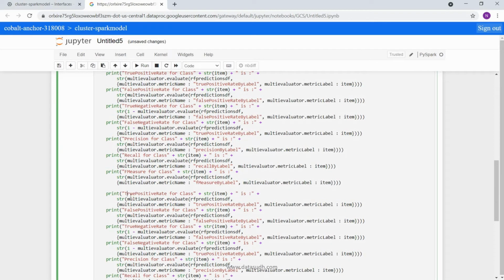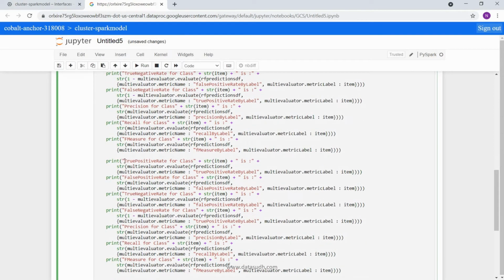Now we will be calculating weighted true positive rate, and that will be calculated from metric name weighted true positive rate. Similarly, weighted false positive rate will be calculated from metric weighted false positive rate.